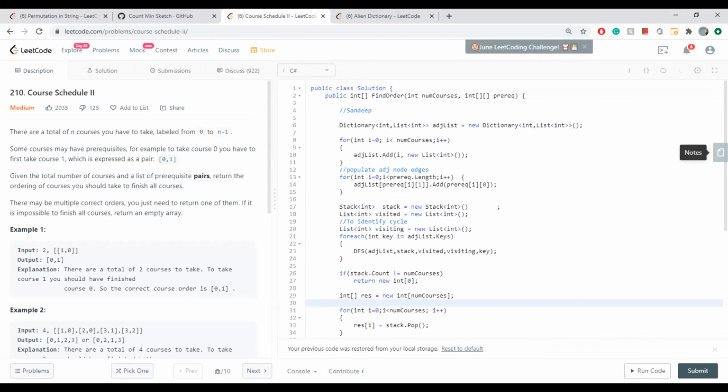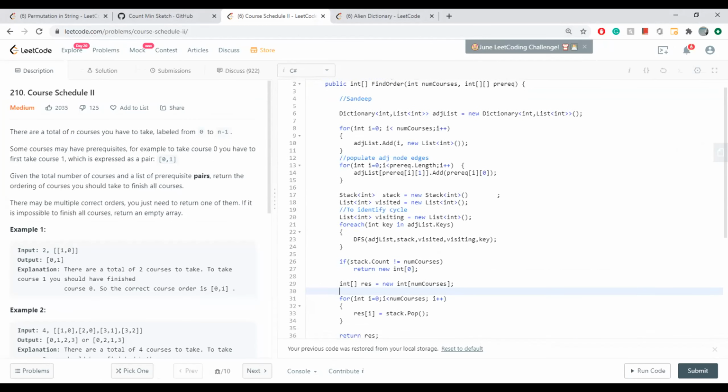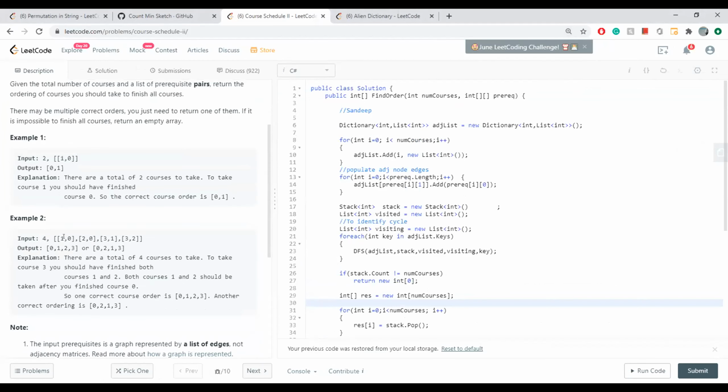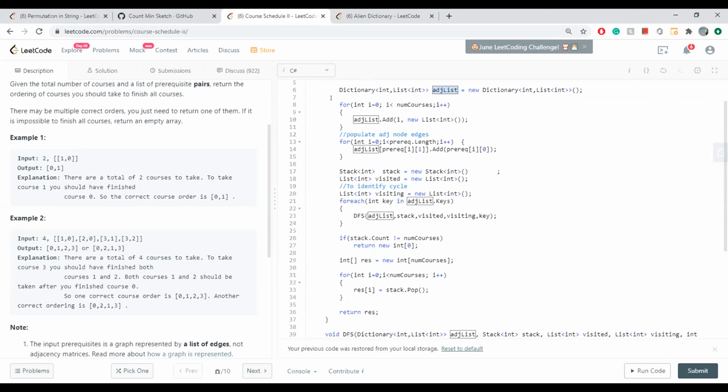So I used a DFS approach here. As Sonia just said, when we are given a pair 1 0, that means 0 is pointing to 1. I'm using C#, so the dictionary is nothing but just a hash map here, which I'm calling an adjacency list. So this part I'm first putting all the